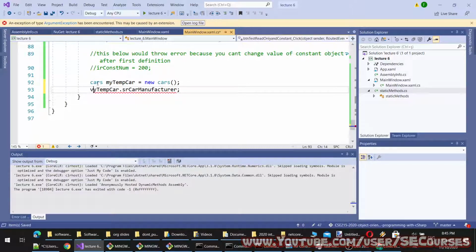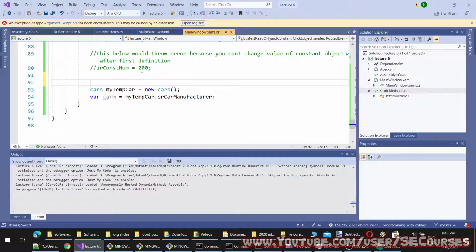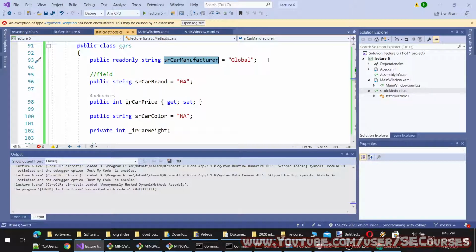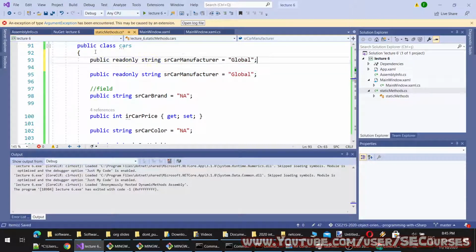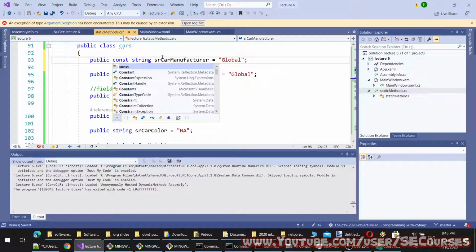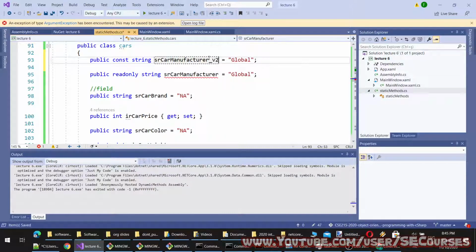You see, I can access it as var car manufacturer, say car equal to. Okay, however, if I make it like this, v2, I can access this like this.